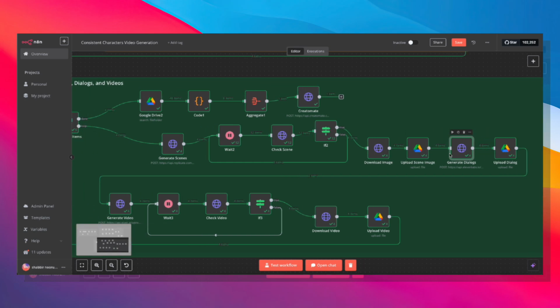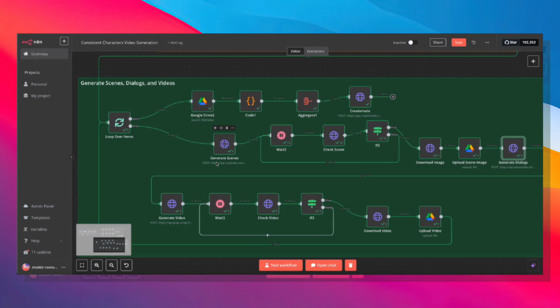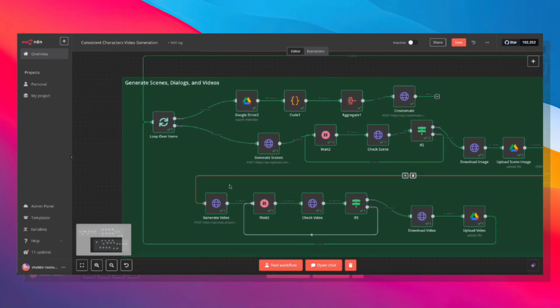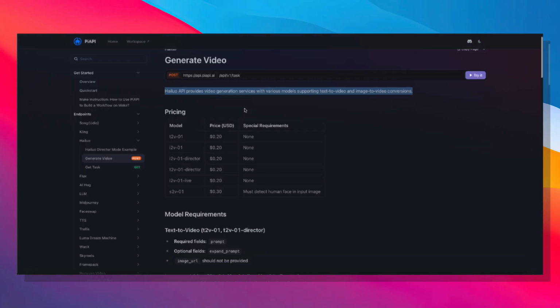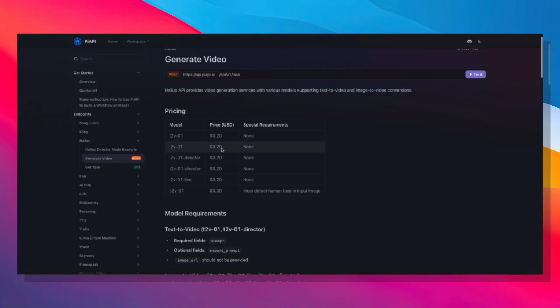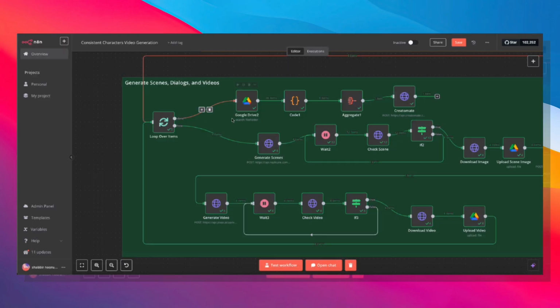Once the scenes have been generated and the dialogues have been generated, the next step is video generation. And for video generation, I'm using PiAPI, and the model I'm using is Hailuo. Hailuo is pretty decent. The outputs are pretty good, and it's fairly cheap as well, around $20 for a 5-second video. So if we go back,